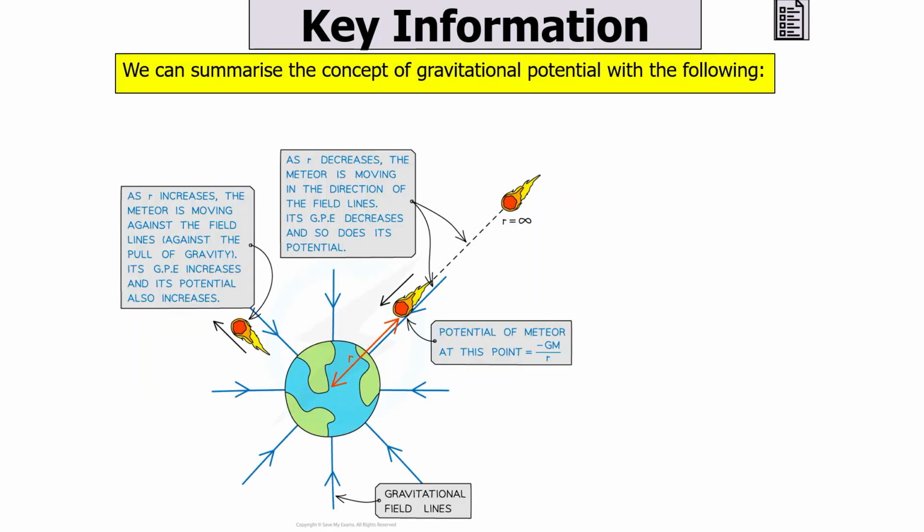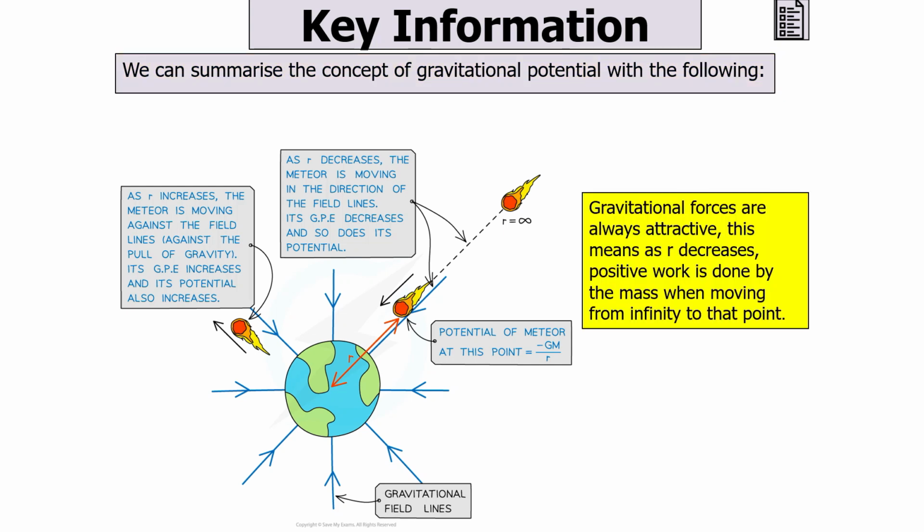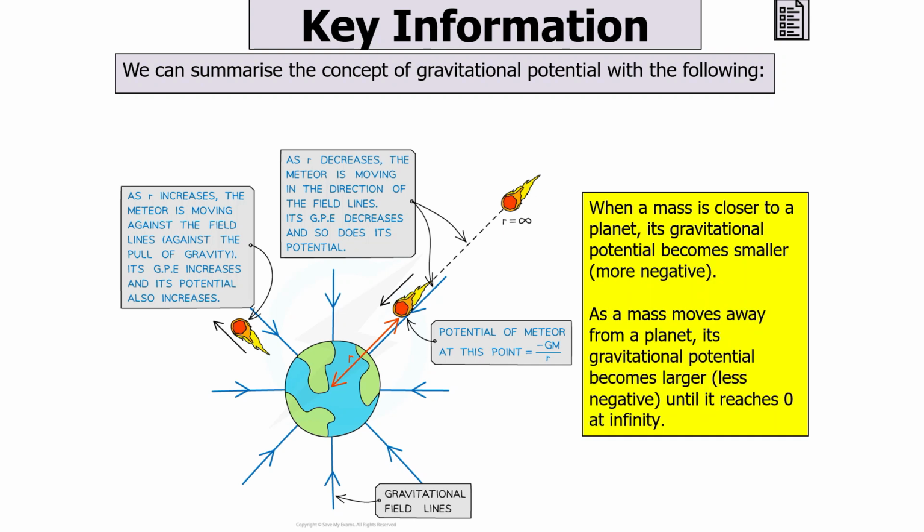So we can summarise the concept of gravitational potential with the following diagram. Now note, gravitational forces are always attractive. This means that as r decreases, positive work is done by the mass when moving from infinity to that point. When a mass is closer to a planet, its gravitational potential becomes smaller, more negative. Now, as the mass moves away from a planet, its gravitational potential becomes larger, less negative, until it reaches zero